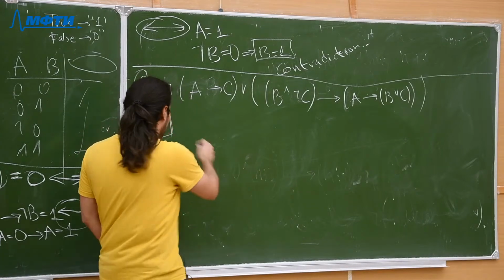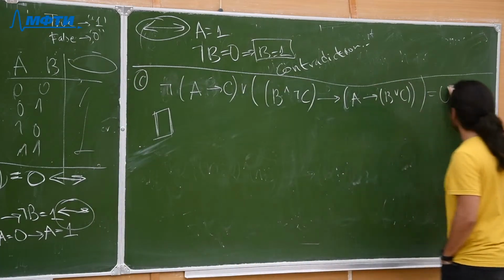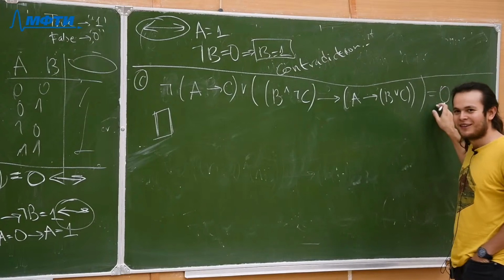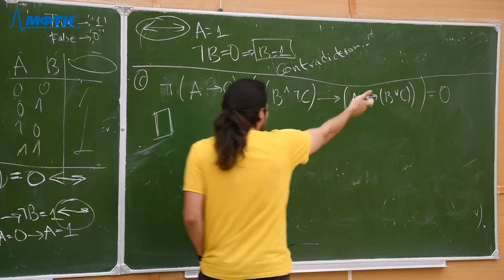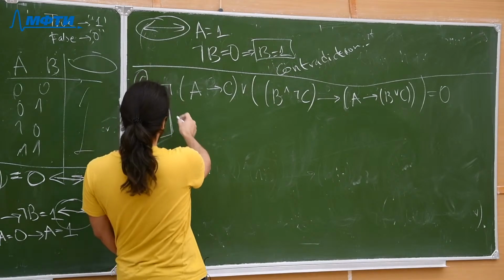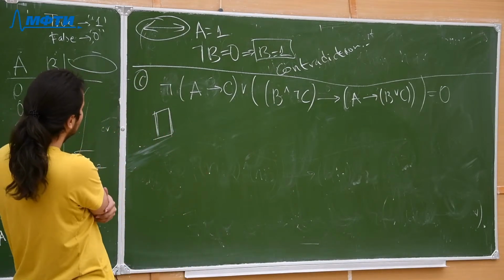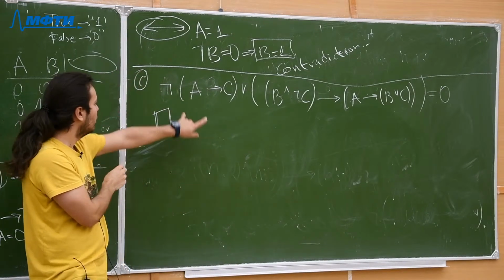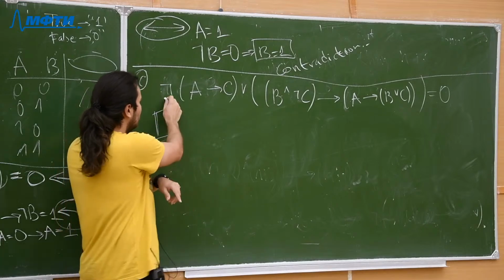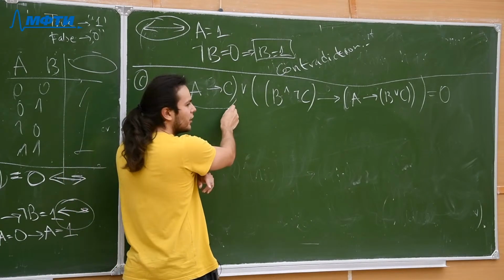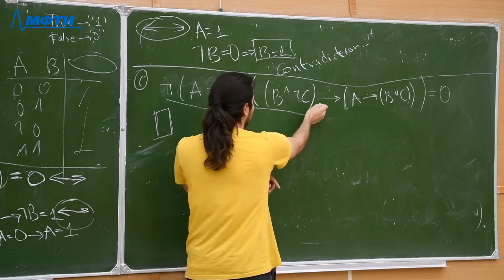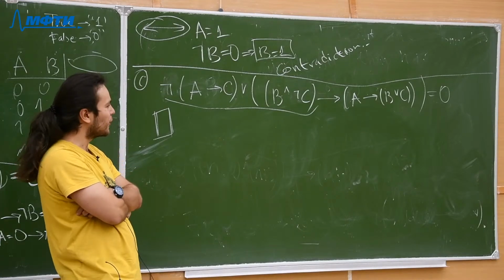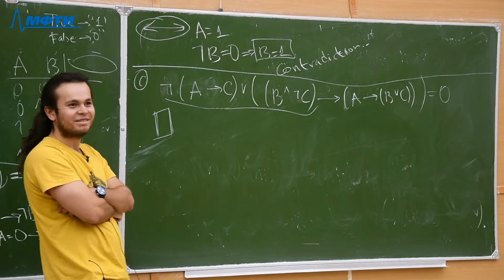Okay, yeah, so first of all, we want to show that this is 0. I mean 0, false, okay? Don't get confused here. It happens. Okay, this is 0. If this is 0, then what if this is 0? Yes? The left part is 1, the right part is 1. Which part? This part? This? Are you sure? Why?